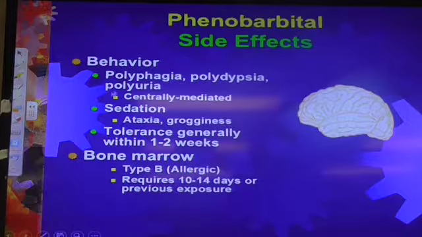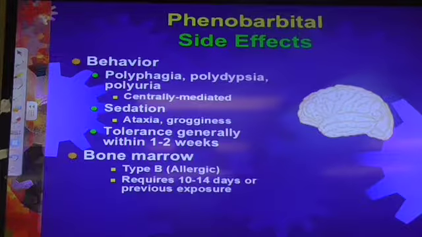On top of that, the 3 Ps: polyphagia, polydipsia, and polyuria. They eat like crazy. For whatever reason we are stimulating the appetite. They will gain weight. You need to tell the client you're going to have to watch their diets. The polyuria is probably because they're drinking more, although there's probably some direct effects in the kidney. And they're drinking more, again, because of the CNS effects. For whatever reason, at least phenobarbital tells the body to drink water.